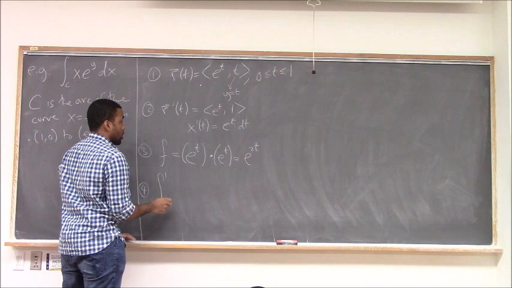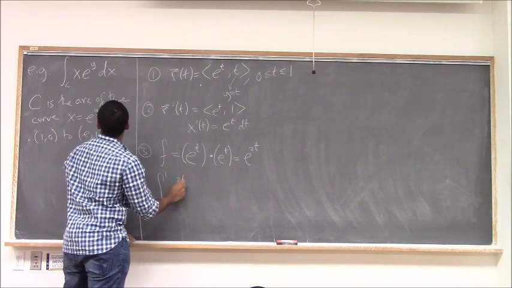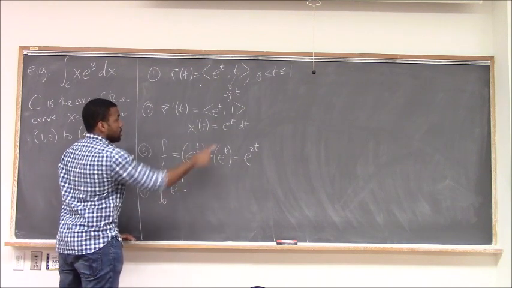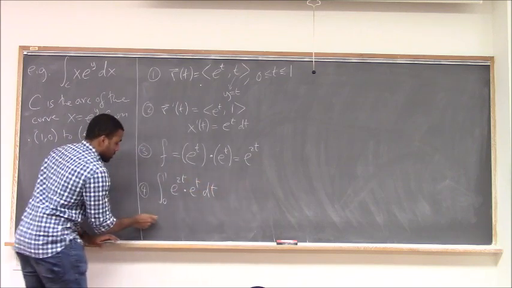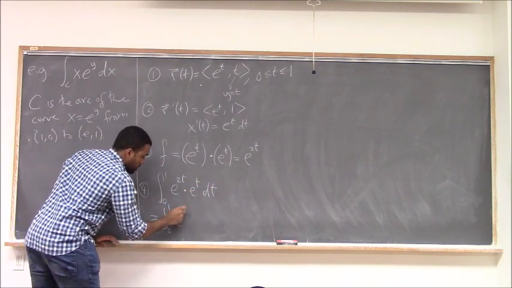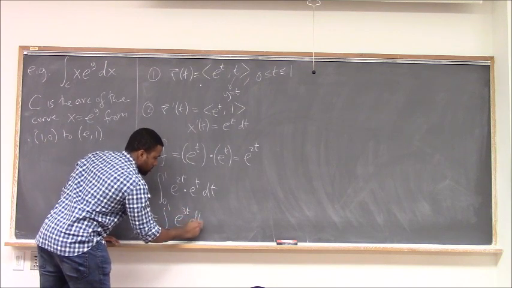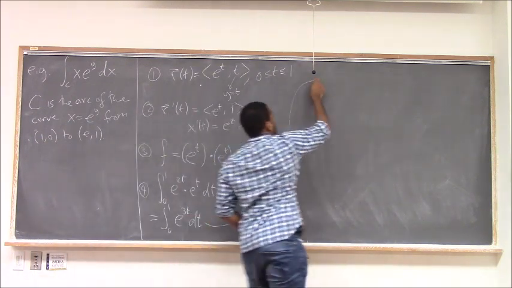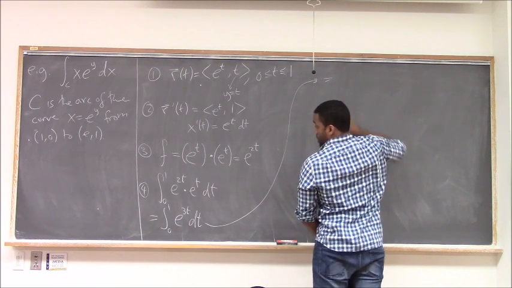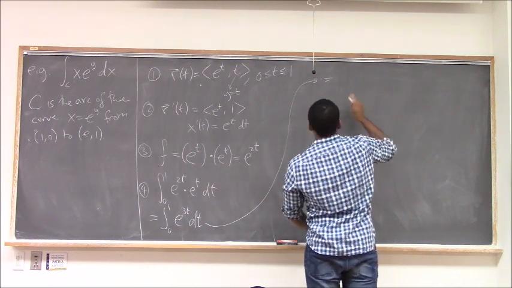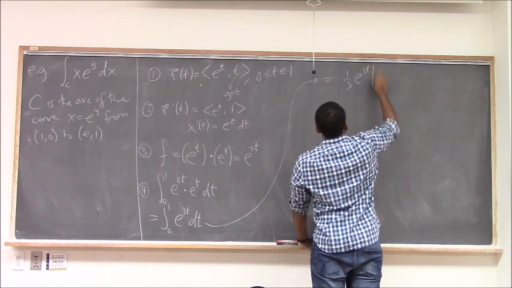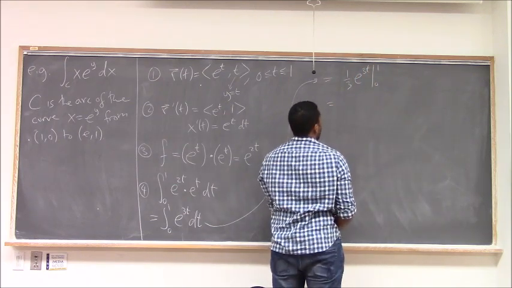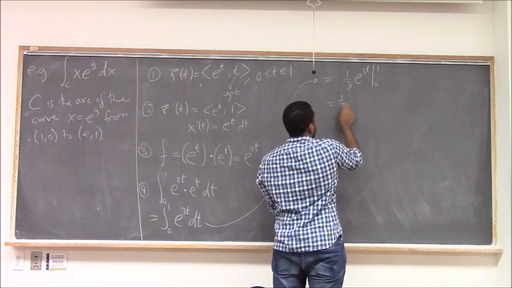Just the integral from 0 to 1 of e to the 2t times the derivative of this guy, which is e to the t dt. So it's pretty much the integral from 0 to 1 of e to the 3t. So this is going to be equal to, what's the integral of e to the 3t? So that's going to be 1/3 e to the